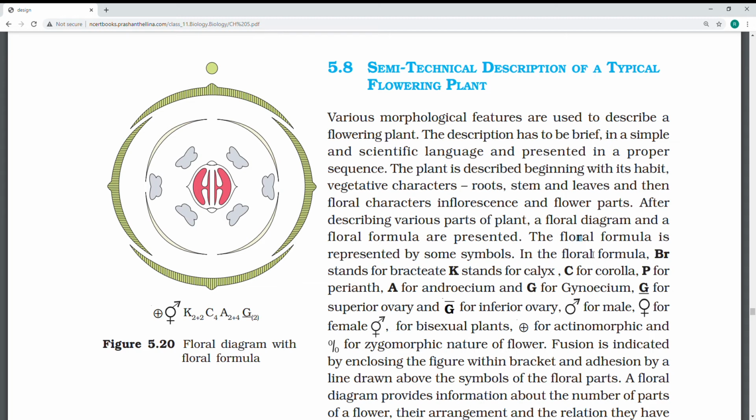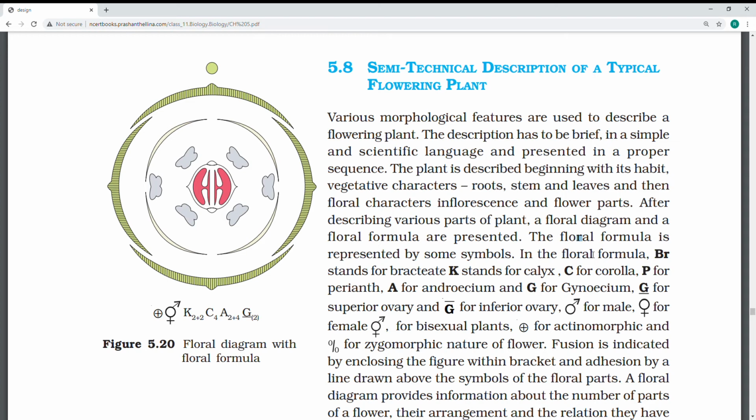For the practical which you are going to do in the laboratory, these are the important things which they mostly ask for 5 marks or 3 marks. The floral formula is for 1 mark, and the floral diagram for more marks. So listen carefully to understand and observe the diagram which I am going to explain first.